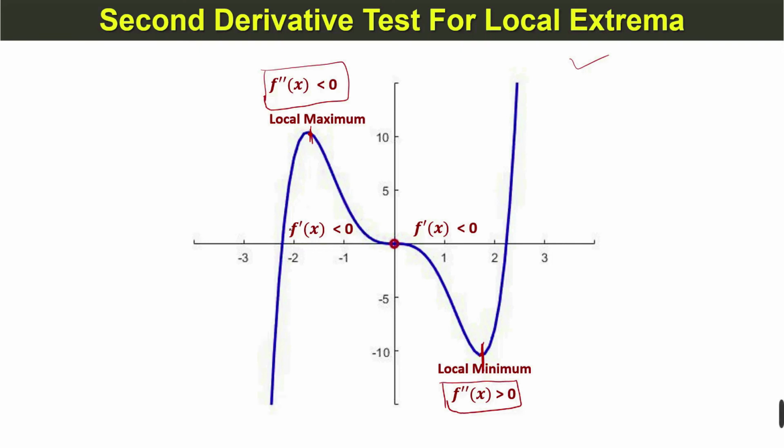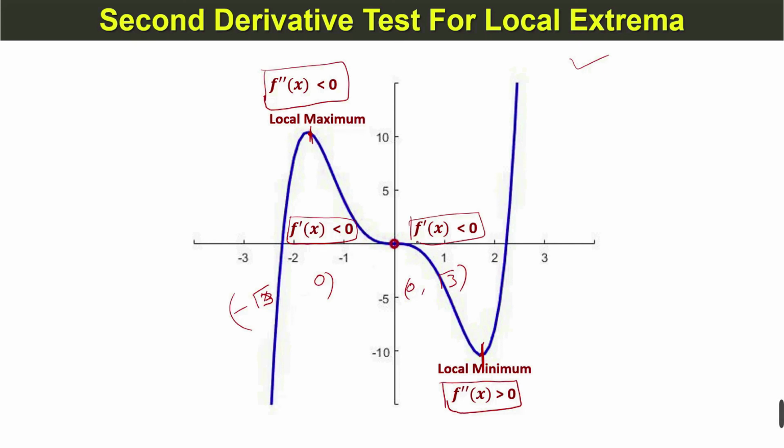We can also see that in this interval, from minus √3 to 0, and from 0 to √3,